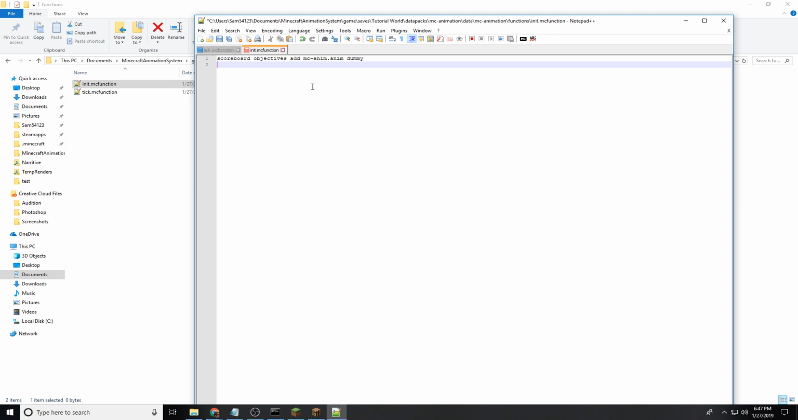The next one should be another objective, so let's add an objective. We're going to call this one mcanim.frame, and this is also going to be a dummy. These are all dummies. And what this represents is the current frame that the armor stand is currently in. And the final one, let's do scoreboard objectives add mcanim